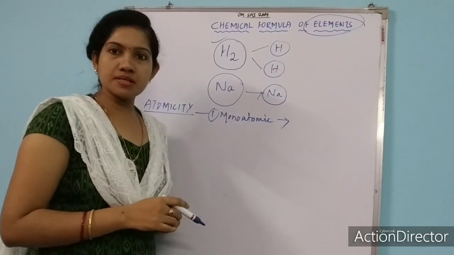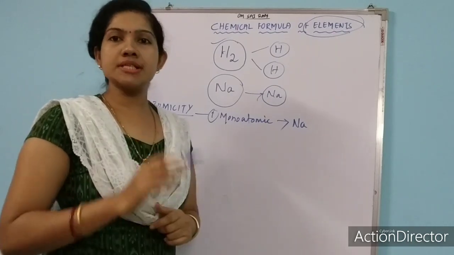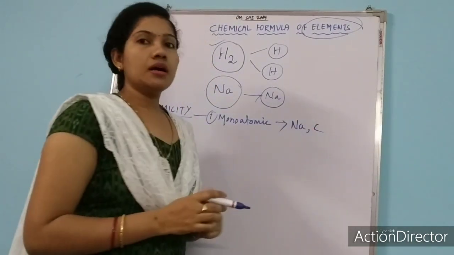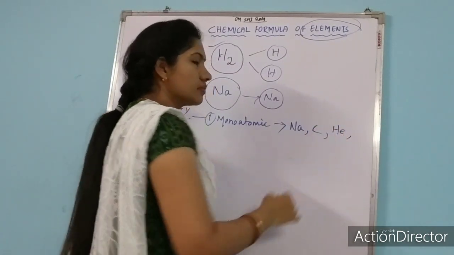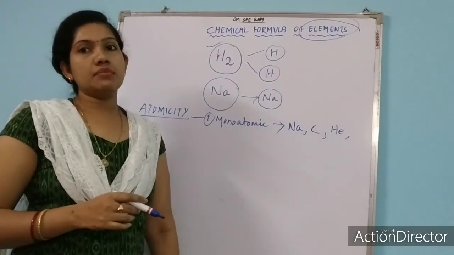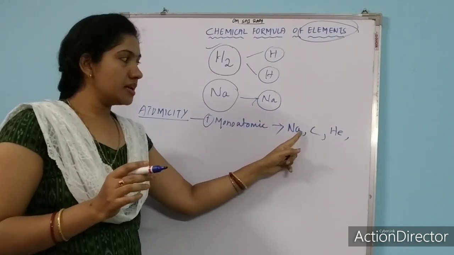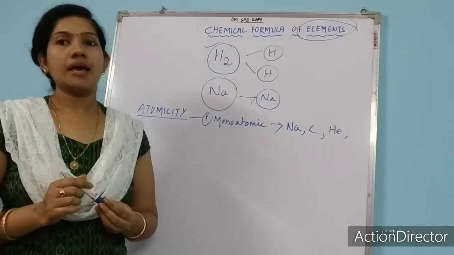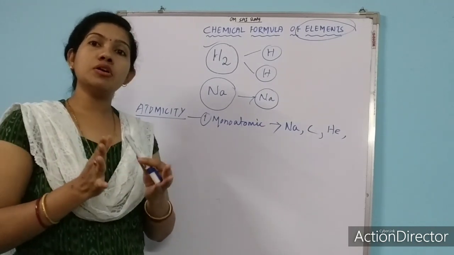You can think of some examples. Here I have written sodium. Sodium is made up of only a single atom of sodium. That's why it is monoatomic. I can also write carbon. Carbon is also monoatomic. Helium. These are all monoatomic elements. You can see that here I have not written any number just below it. So monoatomic means the elements which are made up of a single